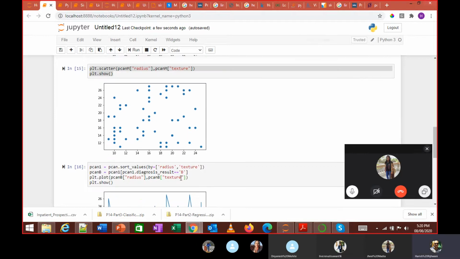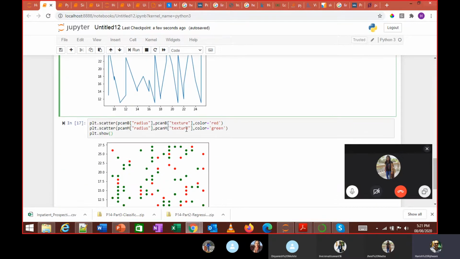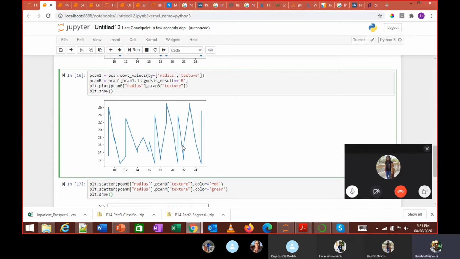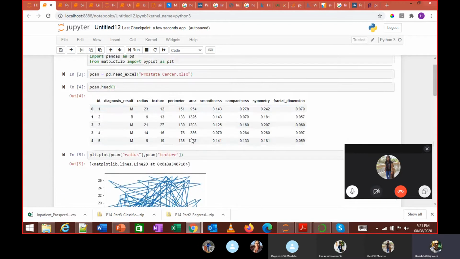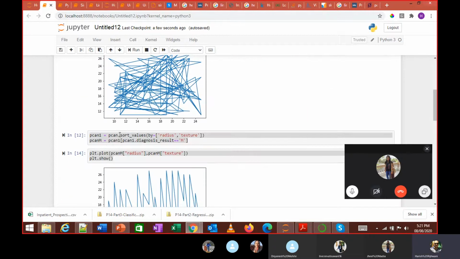I created two values. First I extracted only the rows for benign. Then I extracted the rows only for malignant. Got it? So let's try for other. So primarily it is the radius, and we can try for area also now. Okay.